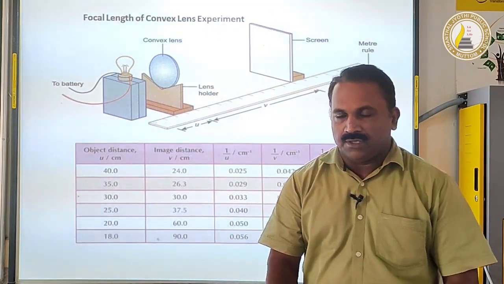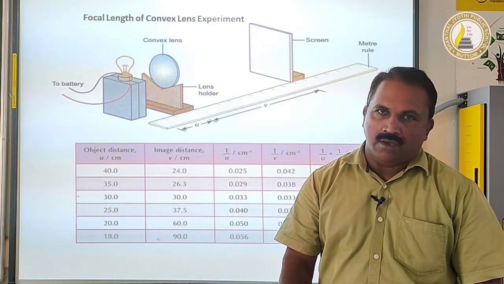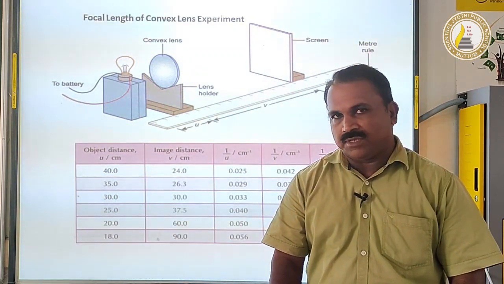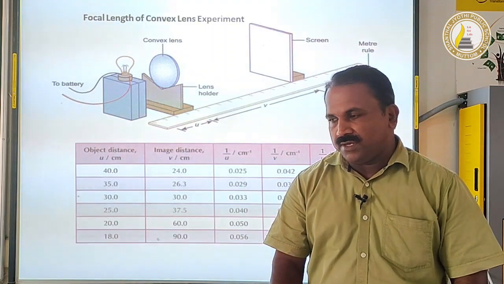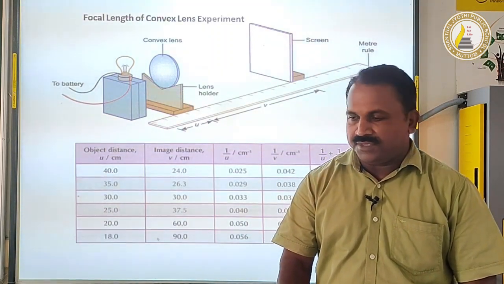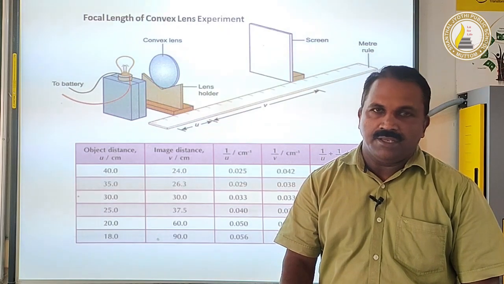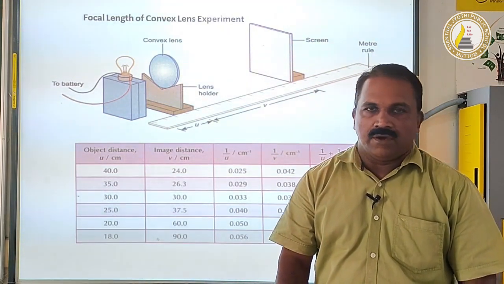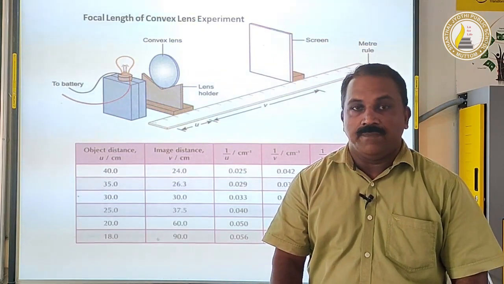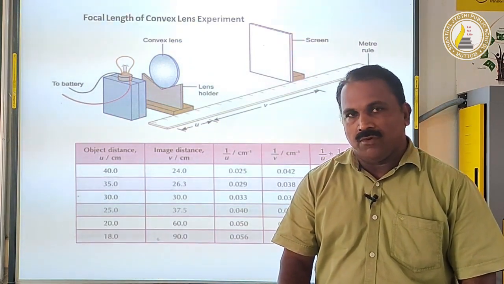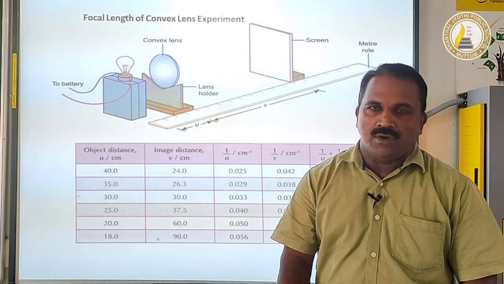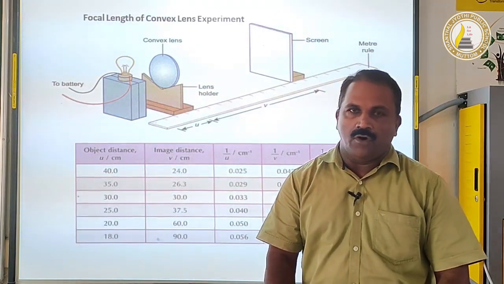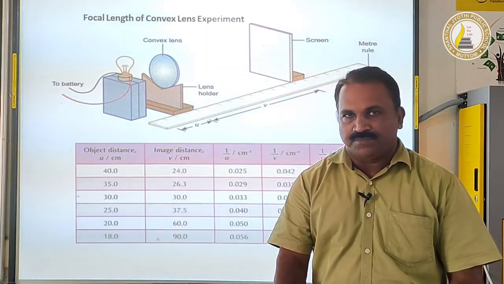If you are in the school, you are supposed to do the practicals. There are so many practicals in physics and chemistry. So today we can start some of the practicals. First we can do a light experiment, that is how to find out the focal length and image formation of a convex lens. Already you have studied the properties of the image formed in a convex lens.